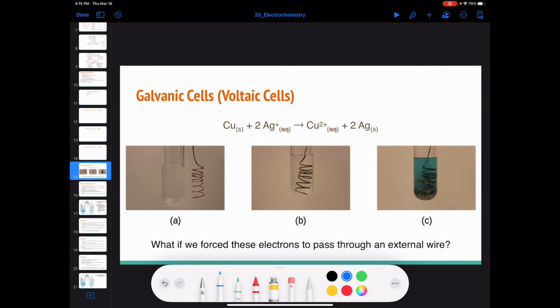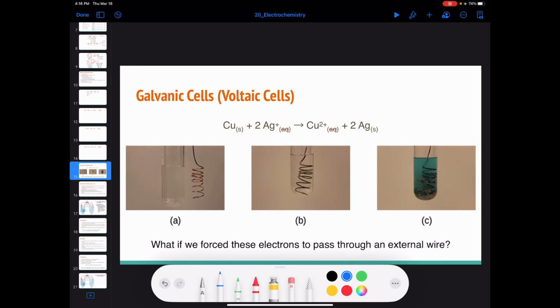Okay, so finally we can go ahead and change to something else. What we're going to look at now is what are known as galvanic or voltaic cells. It's actually interesting that they have these two names, because galvanic is named after Luigi Galvani, an Italian physicist, and voltaic is named after Alessandro Volta, who is an Italian physicist and chemist. And they were actually pretty big rivals because